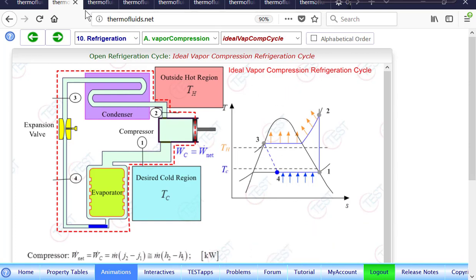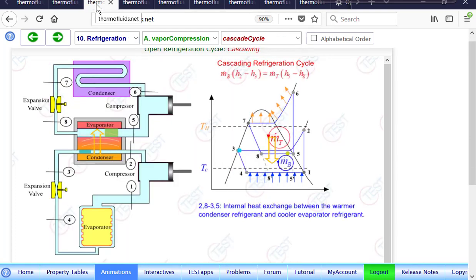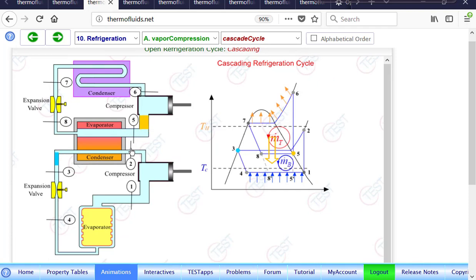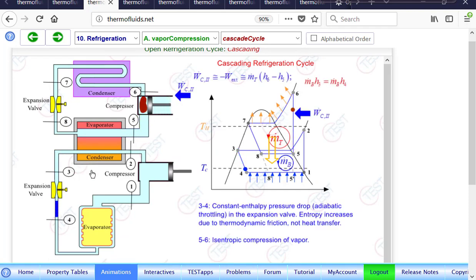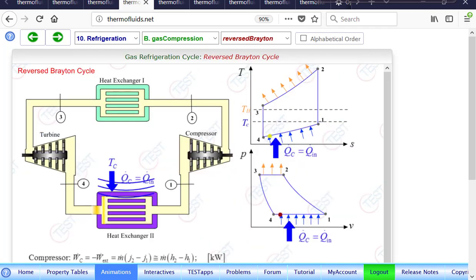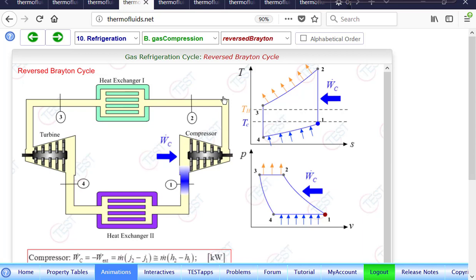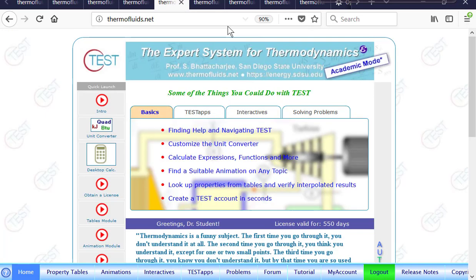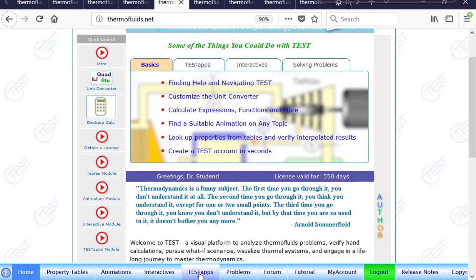There are other modifications of this cycle. For instance, this is a modification called cascade refrigeration to achieve a very low temperature, and this is an example of a gas-powered cycle used in aircraft. It's a reversed Brayton cycle, which can be used to cool down a gas, just opposite to a gas turbine engine. Okay, so let's go and quickly show you where the apps are and how the problems